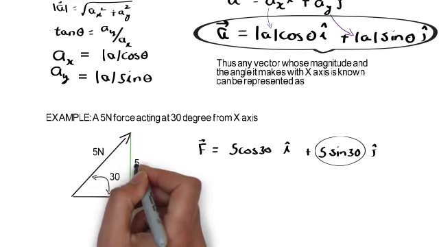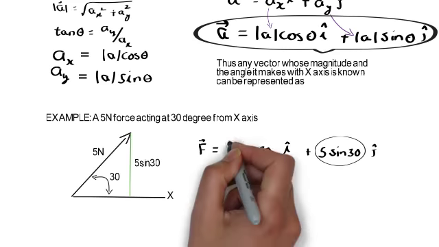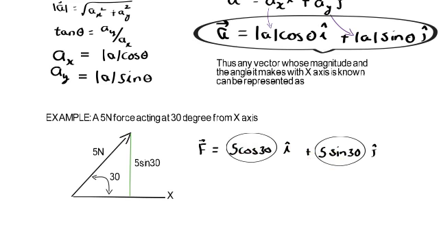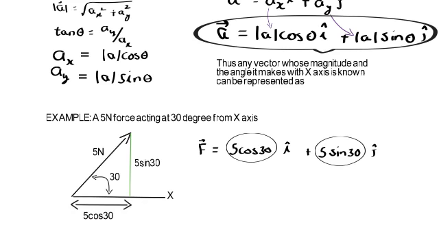So this is the length 5 sin 30, which is the y component of the vector, and 5 cos 30 is the intercept on the x-axis from the perpendicular dropped from the head of A on the x-axis. And this is the length 5 cos 30, which is the x component of the vector. And the force in rectangular form, or the IJK format, can therefore be represented as 5 cos 30 i cap plus 5 sin